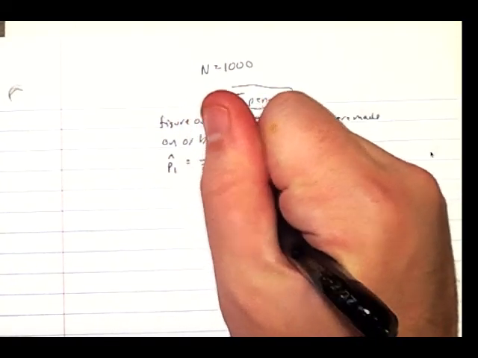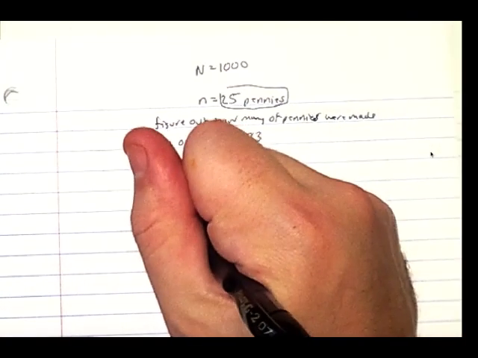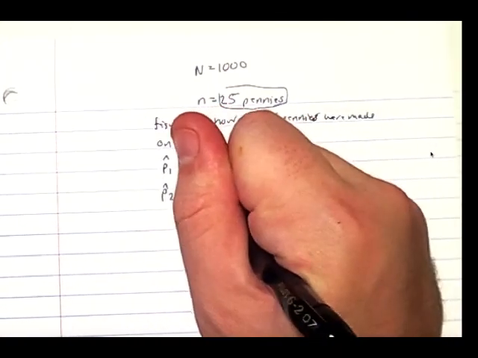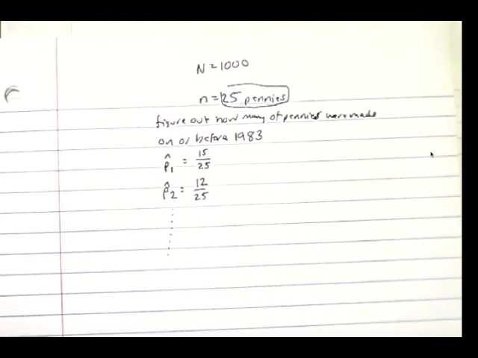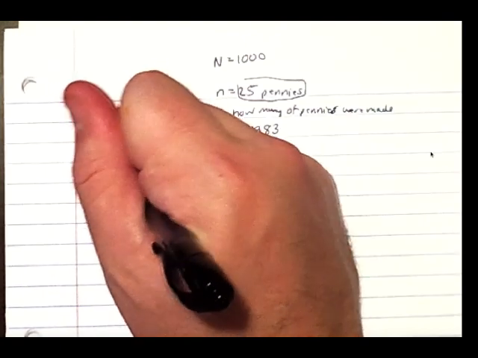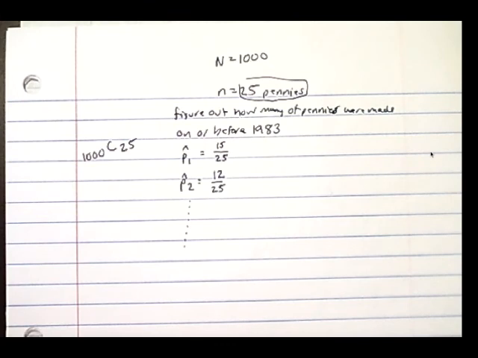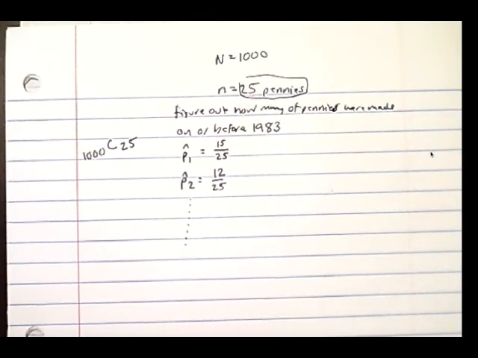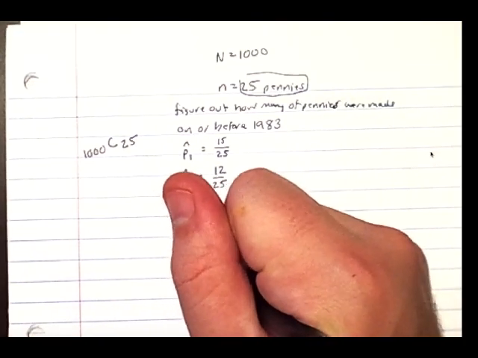So sometimes when you did that, you found about 15 pennies. Maybe another time you did that, you only got 12 pennies. On and on and on. And how many different sample proportions could you get? Well, you'd have 1,000 choose 25, that many different, whatever that works out to, all the way down until your last possible